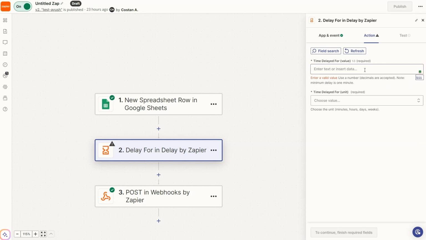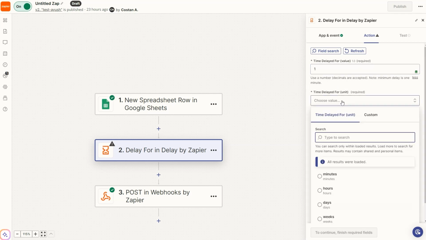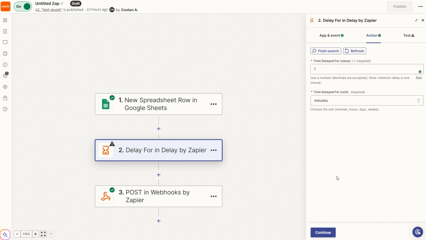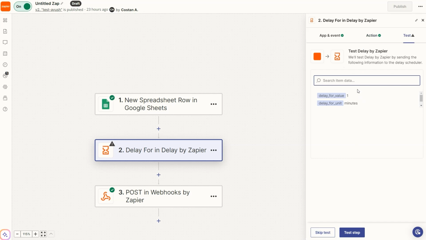the minimum 1 minute. So I'm going to put 1 minute over here. Okay, it's going to be 1. So I'm going to continue. And what this is going to do is basically make a 1 minute delay between all of the calls, all of the posts, all of the automations that are happening, so we don't get throttled by Twilio and get our account suspended for sending too many calls